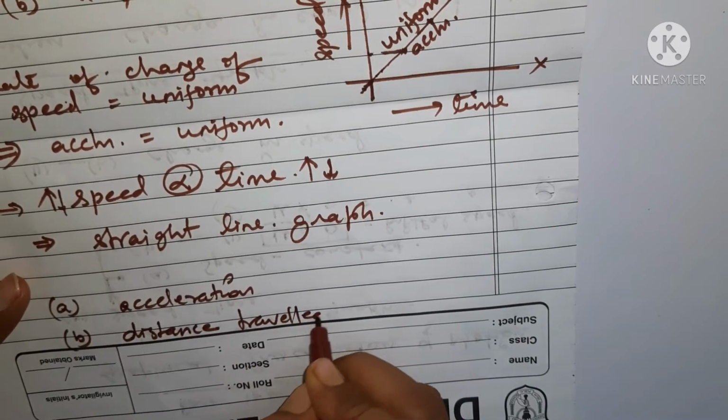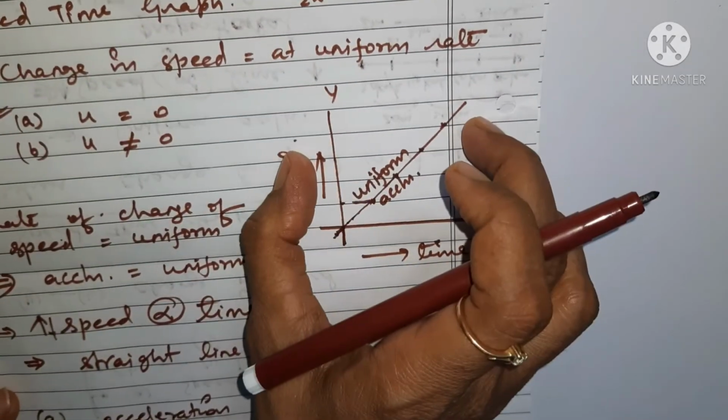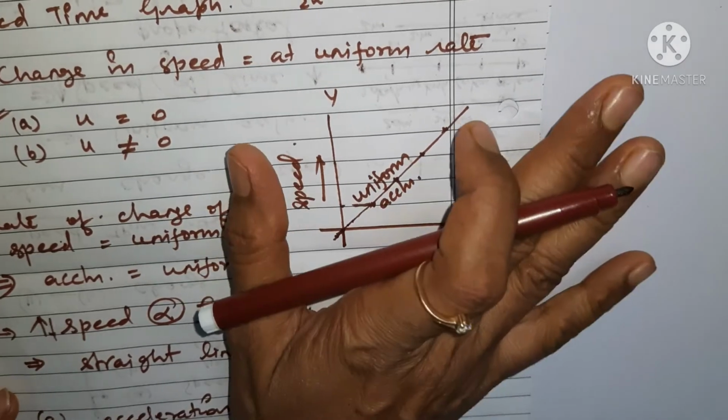So these two we are going to find out. We are going to get from this graph. Let us try to find out. Now